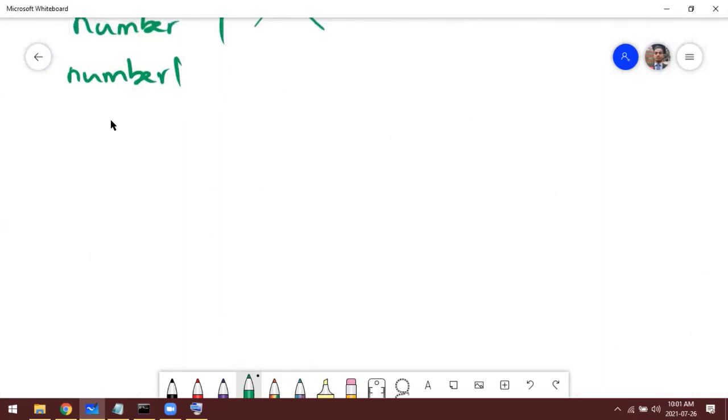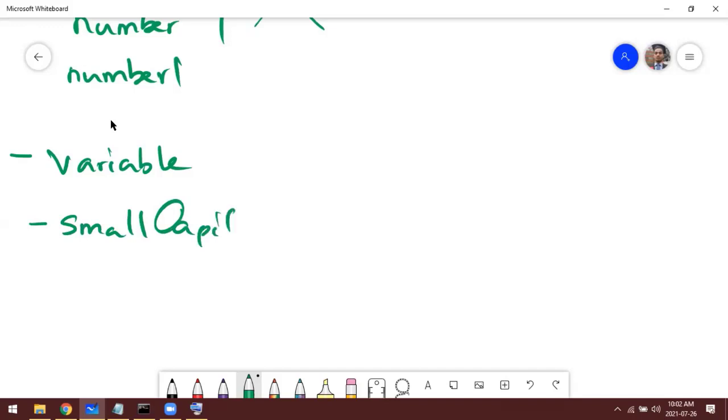For example, if you use more than one word as a variable name, if it is a variable, start with small and then capital.